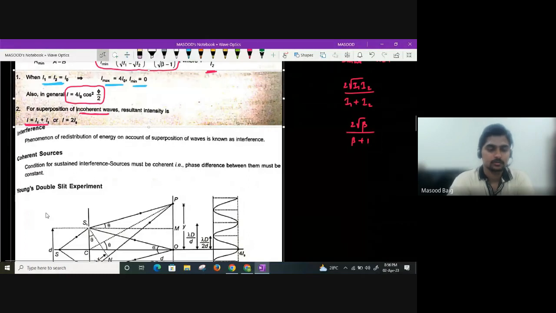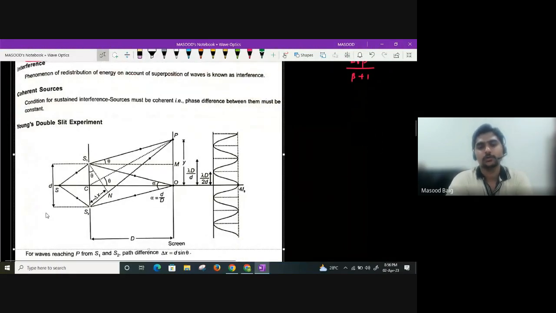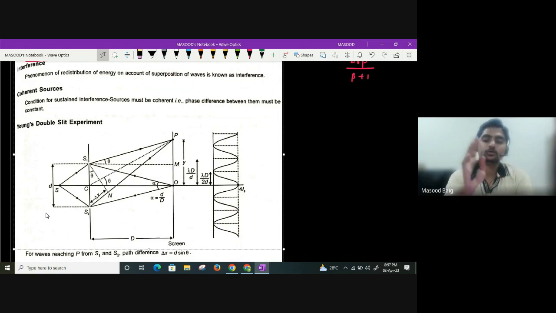Now, if you talk about light, three phenomena we will study. One is interference, other is diffraction, the third one is polarization. Interference basically takes place because of superposition of waves, guys. Diffraction will take place because of superposition of secondary wavelets. Polarization is a phenomenon of light in which unpolarized light gets converted into polarized light. What is unpolarized and polarized, we will talk about in some time. But please remember, interference takes place due to superposition of waves, diffraction due to superposition of secondary wavelets, and polarization is a phenomenon of light